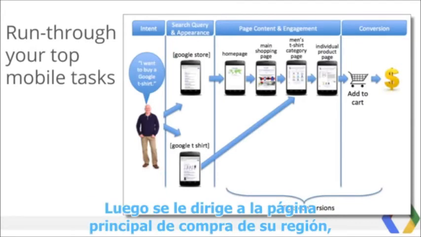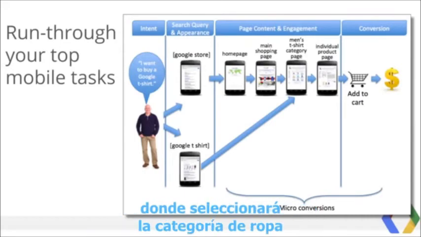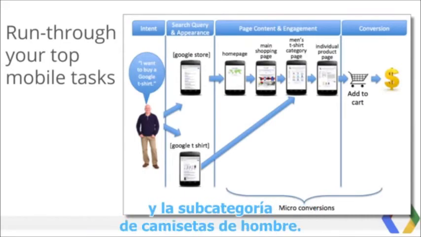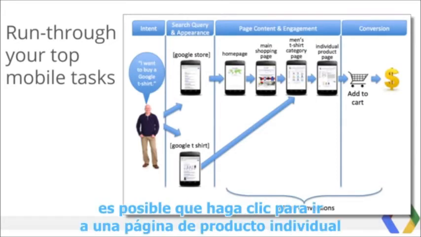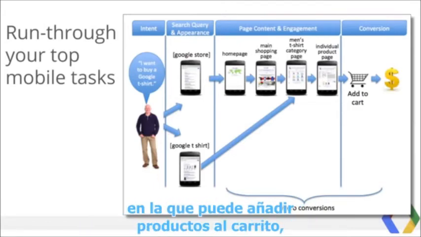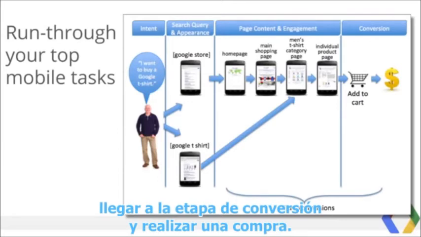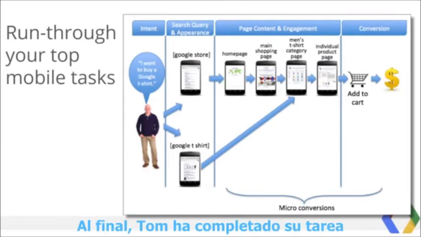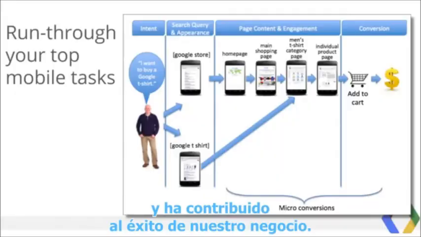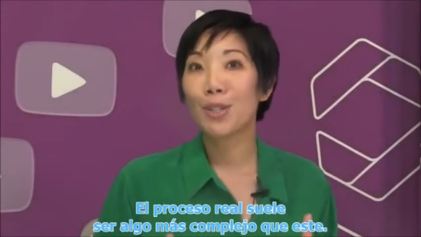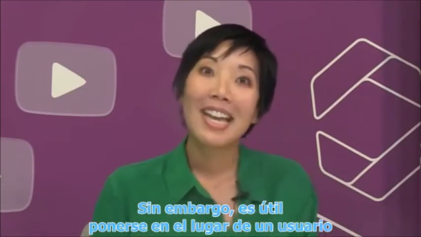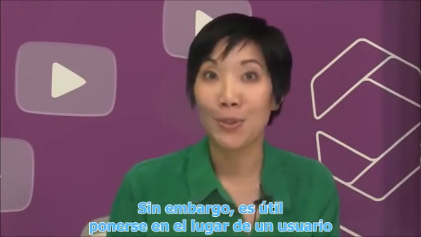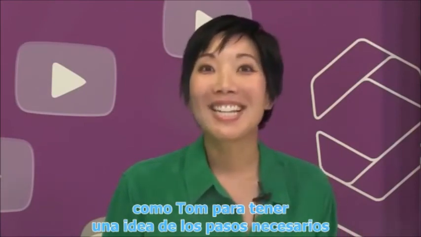Then he's taken to his region's main shopping page, where he may select the wearables category with the subcategory men's t-shirts. Once at the men's t-shirt category page, hopefully Tom will click through to an individual product page where we can add to cart and eventually get to the conversion stage and make a purchase. By the end, Tom has both completed his task and helped our business. Thanks, Tom. Most real users' workflow has many more twists and turns than this. Still, it's useful to put yourself in your user's shoes, like Tom's, to get a sense of what it takes